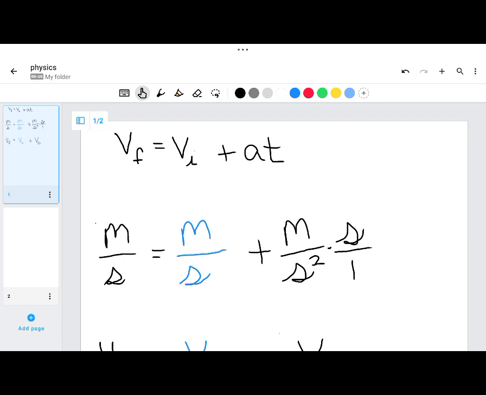So I want to just go through the process and give you some strategies to learn them versus memorizing. So this is one of the formulas that 2.5 goes over. Final velocity is equal to initial velocity plus acceleration times time. You can think about the units. So if you ever forget the formula, think about the units